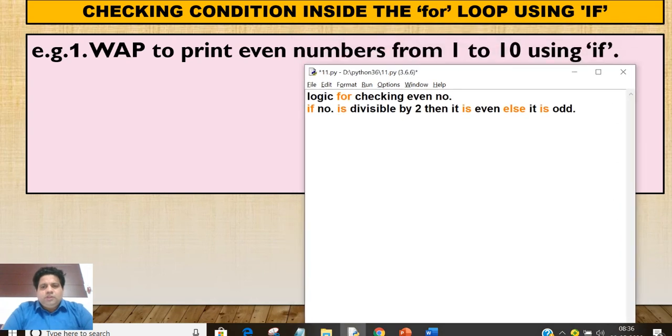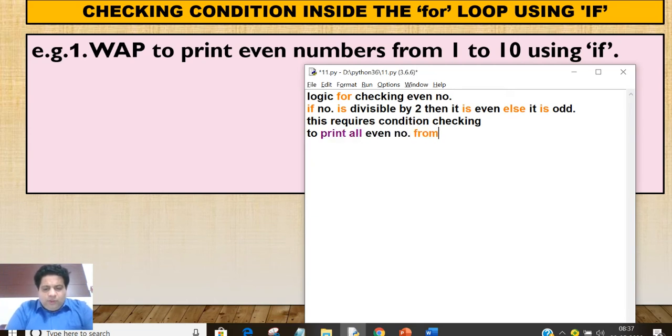Okay. Now this requires condition checking. अभी हम लोग ने यही प्रोग्राम किया था जिसमें 2 से लूप चलाते थे और 2 से इंक्रीज करते आते थे. दैट इज नॉट ए वेरी गुड लॉजिक. आपको आगे कॉम्प्लेक्स प्रोग्राम्स में इफ यूज करना आना चाहिए. तो एक तो चीज है टू प्रिंट ऑल इवन नंबर्स फ्रॉम 1 to 10.